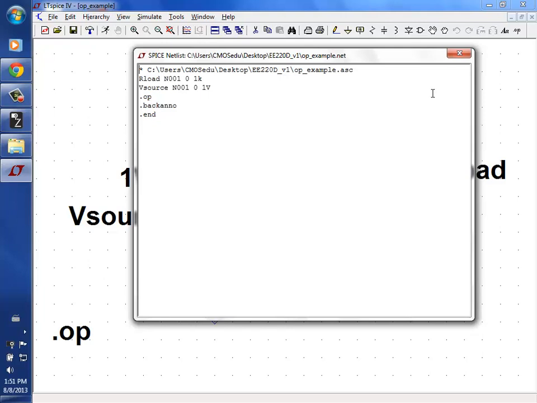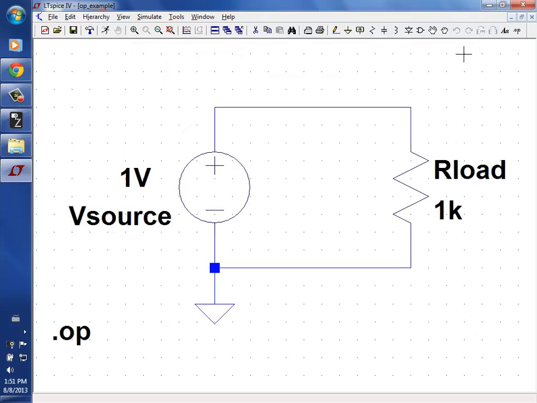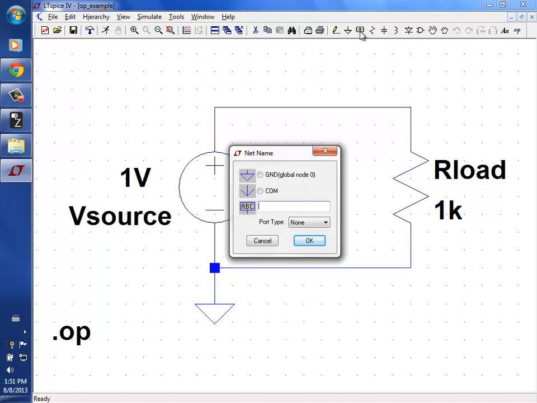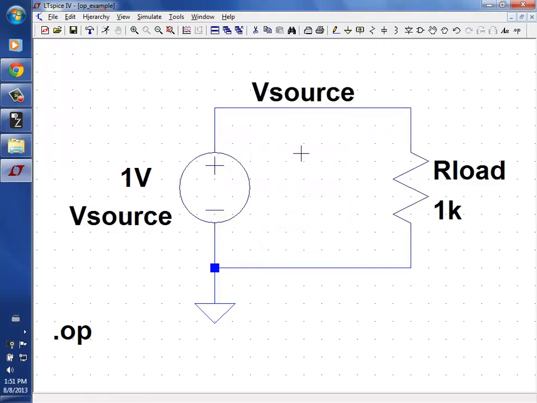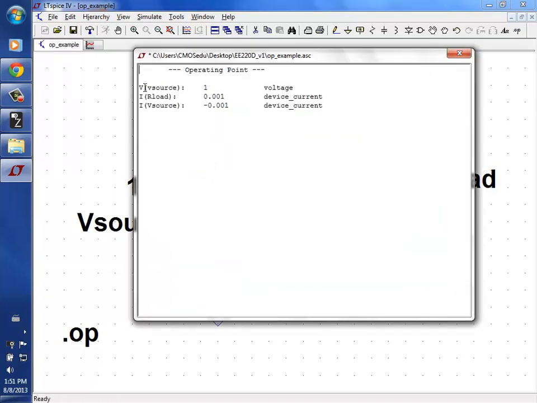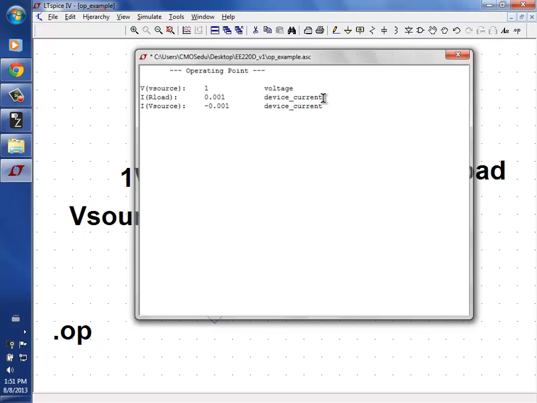Okay, so let's close this. I don't like this node being called N001. Since the voltage here is physically tied to this voltage source, it's always going to be V source. I'm going to name it the same as this. I'm going to come up here to this label net and call it V source. Come down, hit escape, rerun the sim, and now I say, hey, the voltage of V source